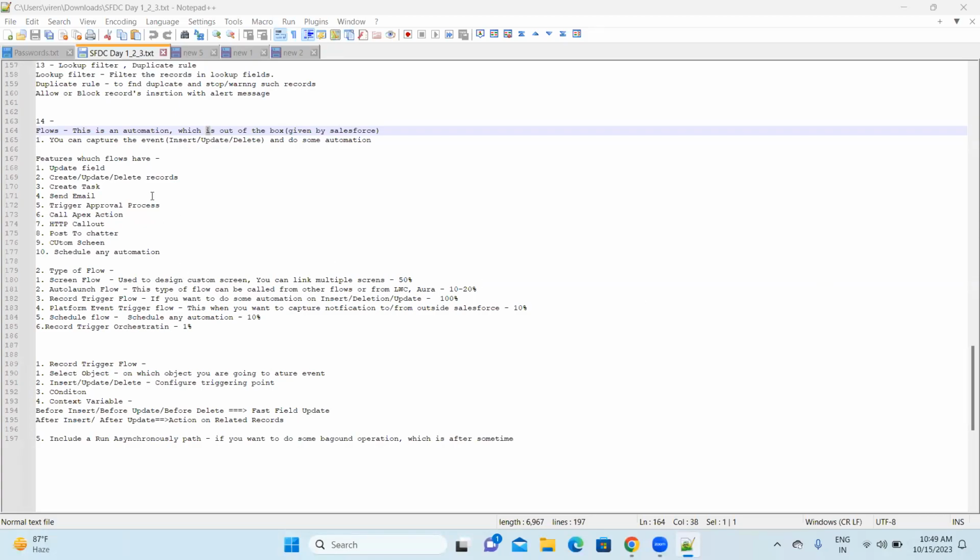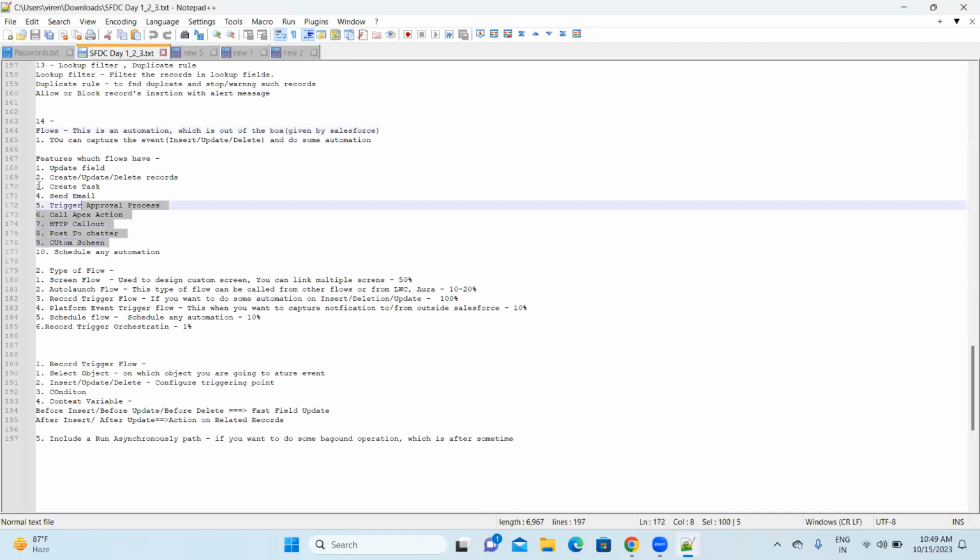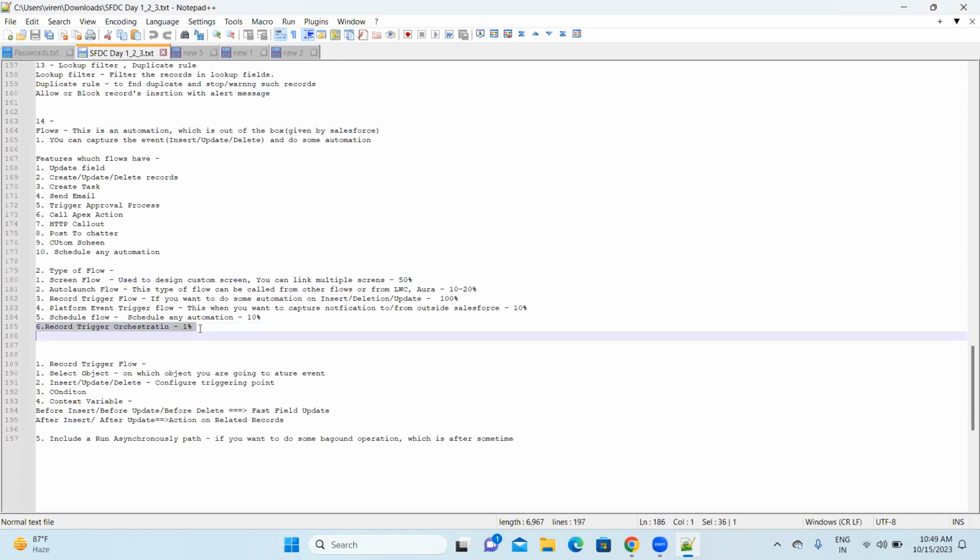So last time, when we were discussing, we saw about Flow. It's an automation tool basically, which has the actions. And there were types of flow, which we saw: Screen Flow is used to create a custom screen. Auto-launch can be called from any other flow. It's like a subflow, where again you can build any screen or create any record, delete record based on